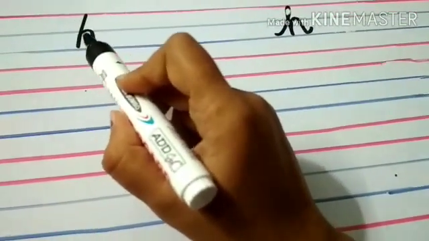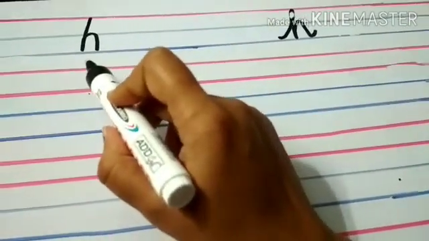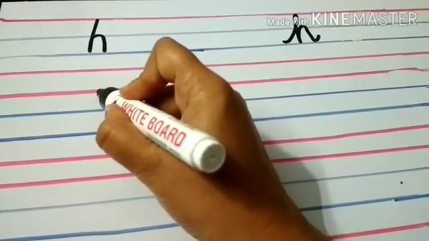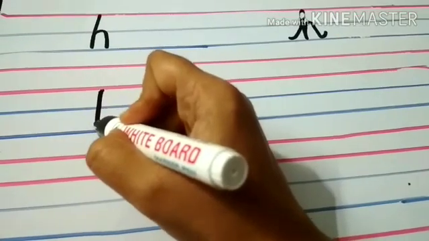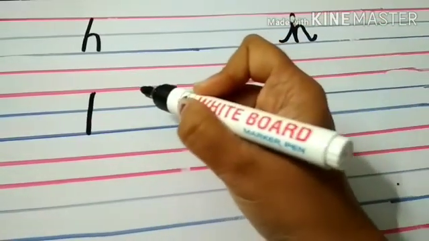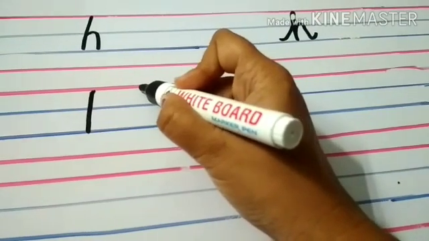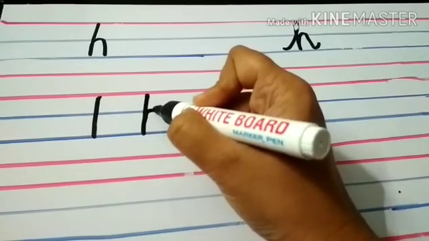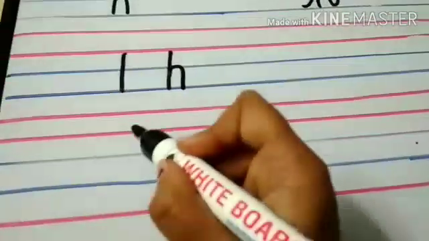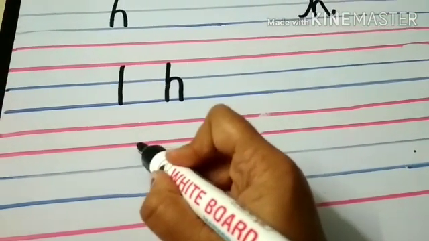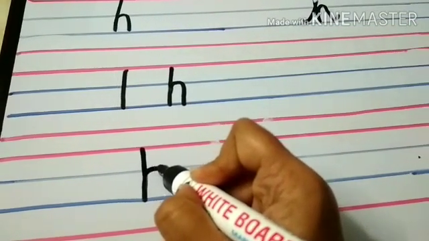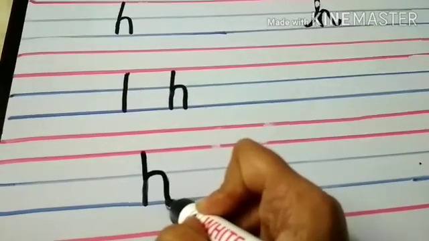Okay. So, I am going to tell you how to write H. This is small h and this is cursive H. So, keep your pencil on first line and make a standing line till the third line. Again look. Keep your pencil on first line, then make a standing line till the third line, then go up to the middle, then make upside curve, then come down till the third line. This is H. Again see, keep your pencil on first line, then come down till the third line, then go up to the middle, then make a upside curve, then come down till the third line.